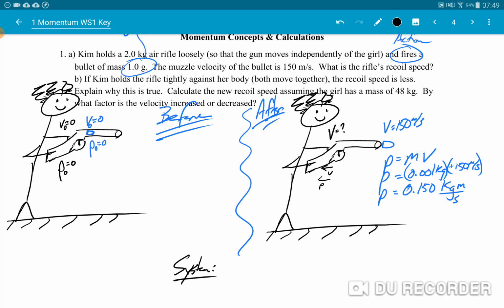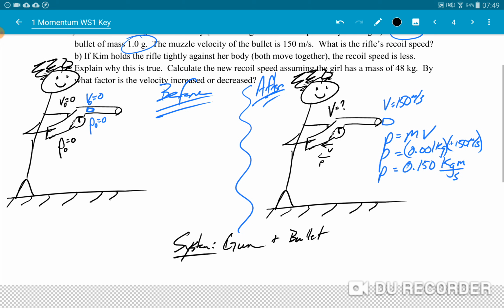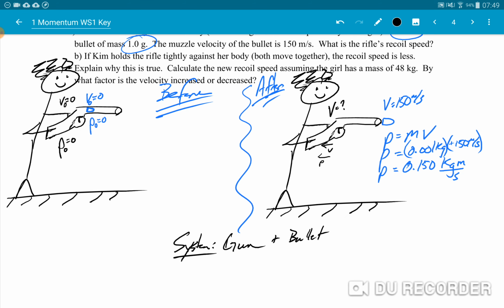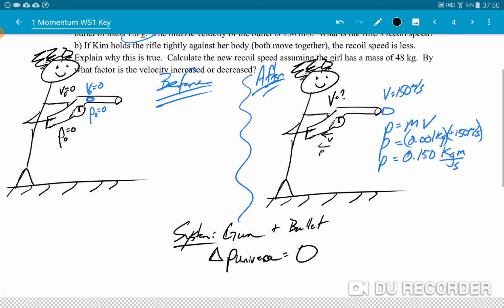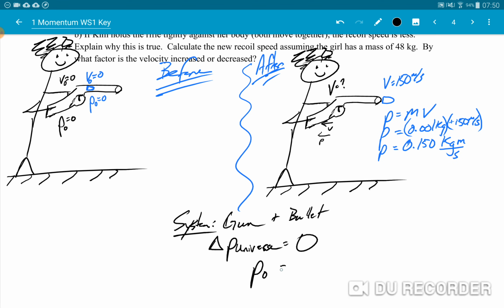then let's go do that. If I include both the, we'll say, just the gun and the bullet, I'm including everything that's transferring motion or momentum here. And so then if my system includes all of that stuff, then I know that the change in momentum of everything there, you could say the entire universe, or really in this case, it's just the gun and the bullet, must be equal to 0,